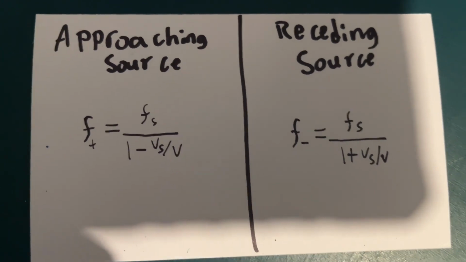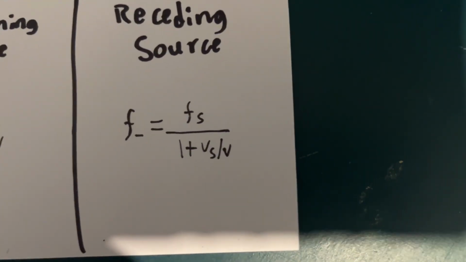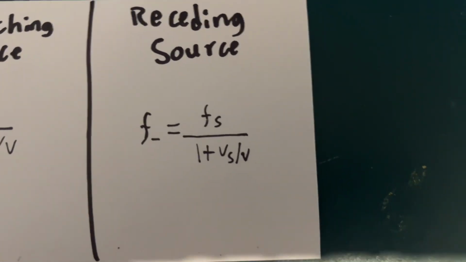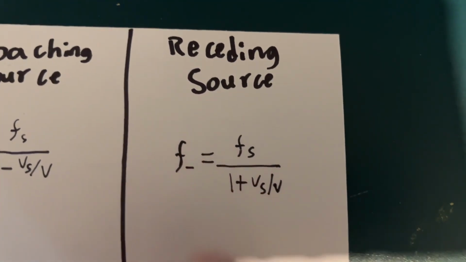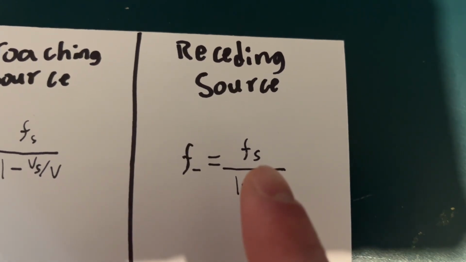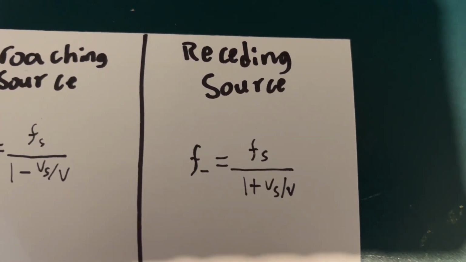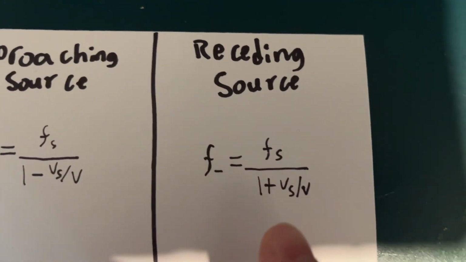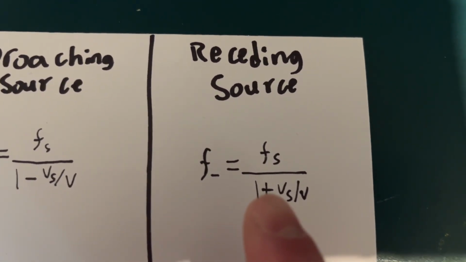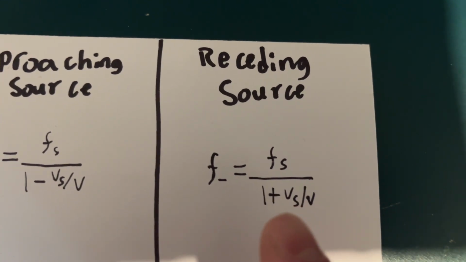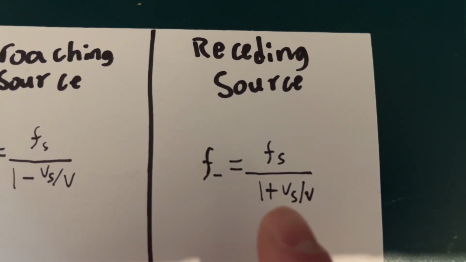343 meters per second. Similarly, in the receding source equation, F minus just represents the frequency of the receding source. Fs, or F source, represents the same thing as before. The only difference between this equation and the last is that instead of subtracting Vs over V from 1, you're adding it to